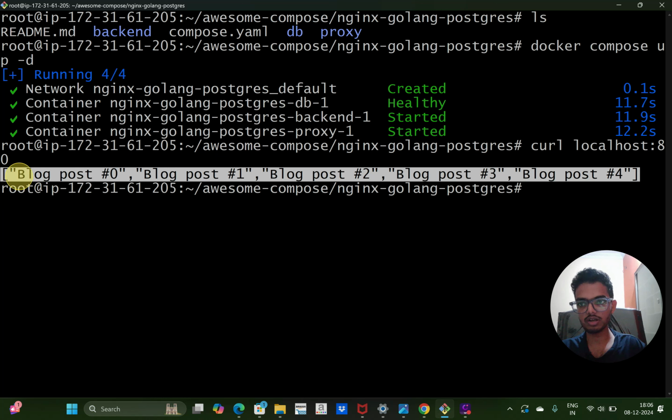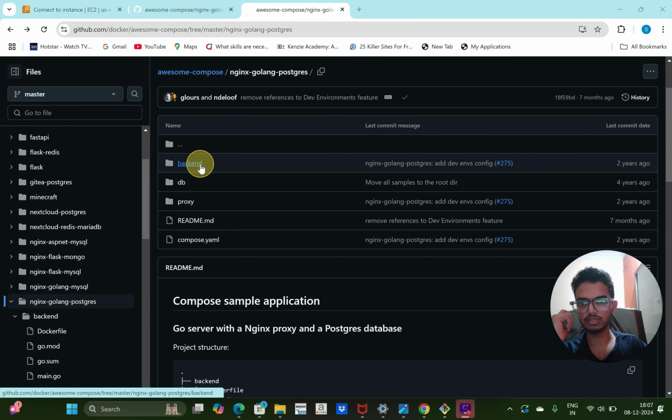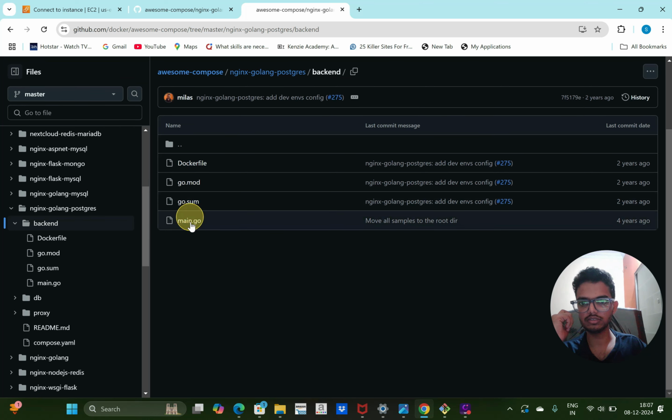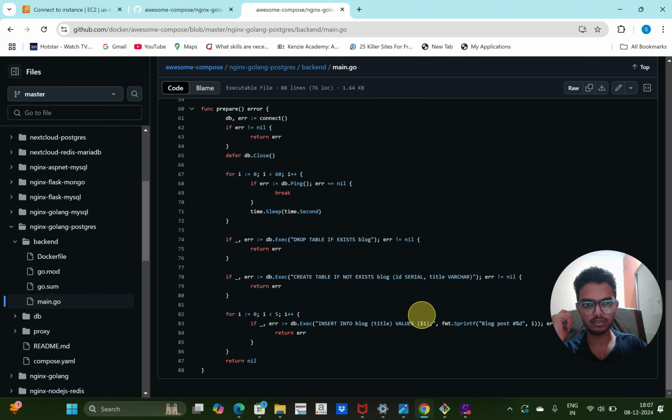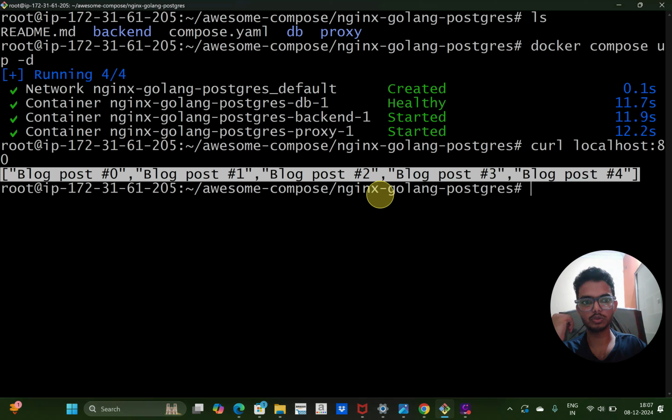So in the application, we have blog post 0, blog post 1, blog post 2, these kinds of details. Here I check the code in backend, in main.go. Here you can see in the loop we have added blog post %d. That means it will print blog post 1, 2, 3, 4 like that.